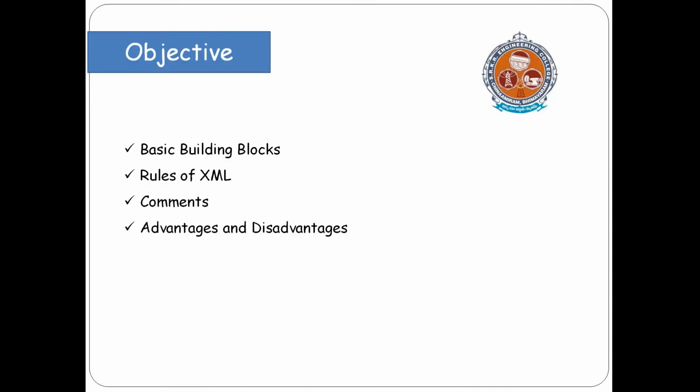So previously we learned about the introduction of XML and what is XML. Simply, XML is used to describe or display the data, or you can say it is used to exchange the data from client to server or server to client. The difference between XML and HTML is that HTML consists of some predefined tags, and in XML we can create our own tags.